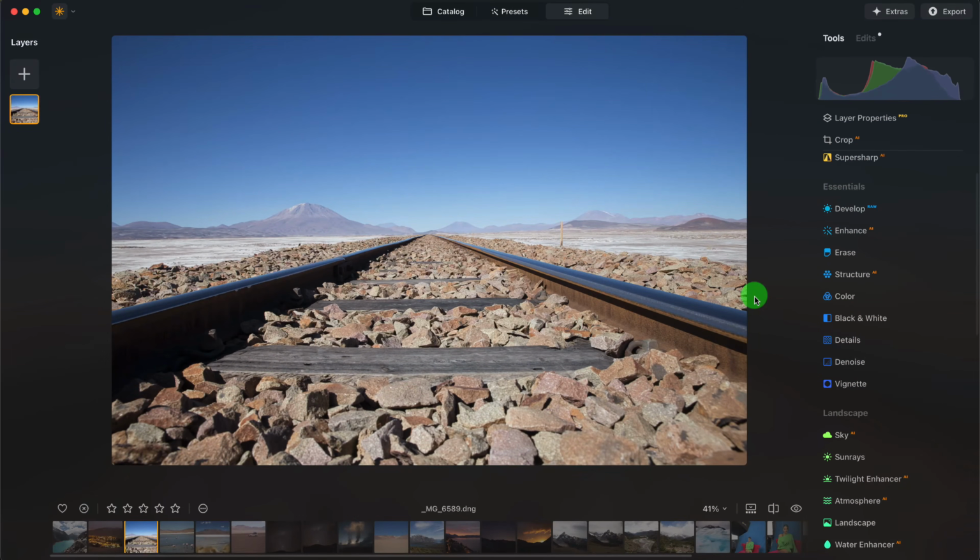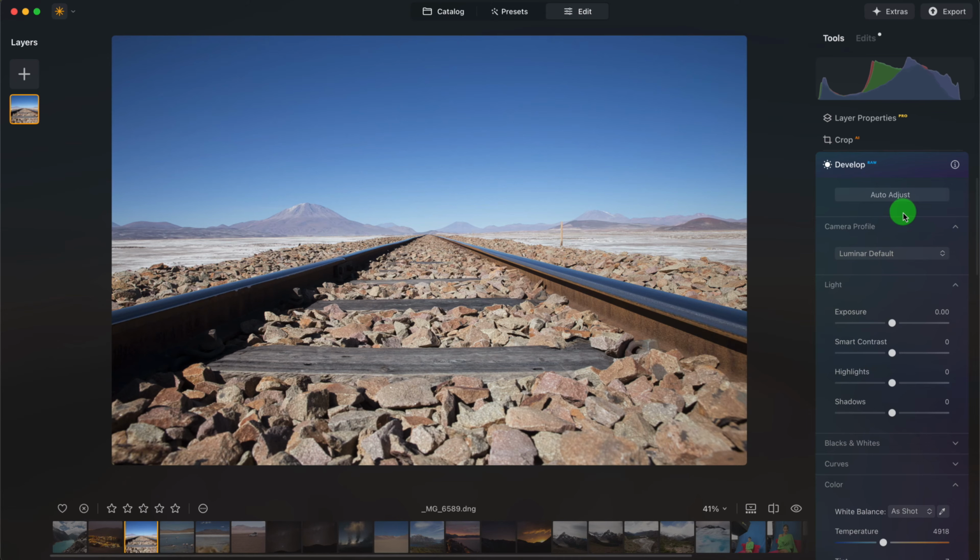We'll take a look at a few of the tools in the Essentials section. I'll start with the Develop tool here, which has this raw icon beside it. That's because this is a raw file, and you can see that by the .dng file name. The one thing you may want to start with when you're working on an image is